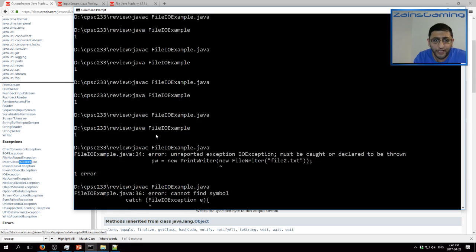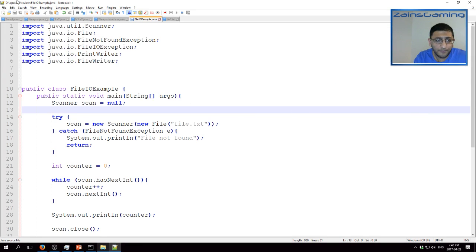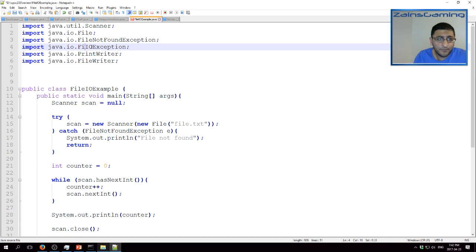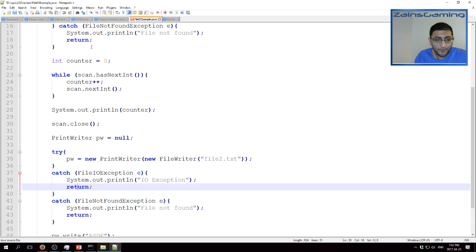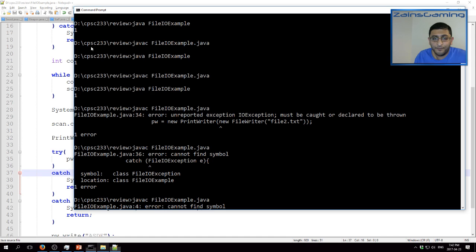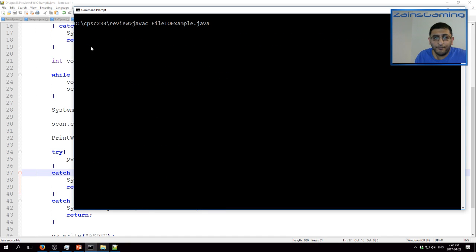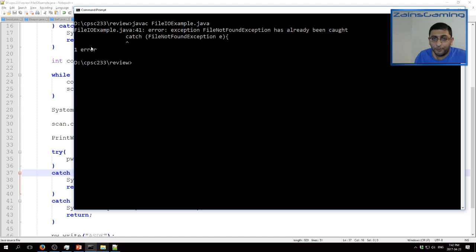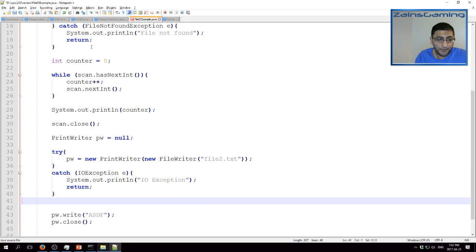Or is it just called an IO exception instead of a file IO exception? Okay. File not found has already been caught. So I believe this is going into our